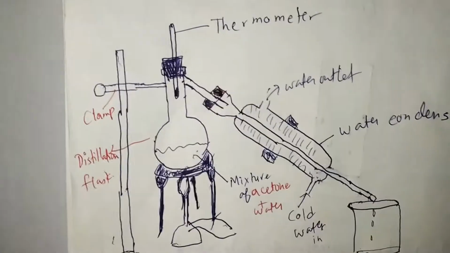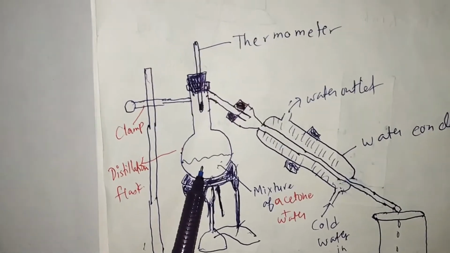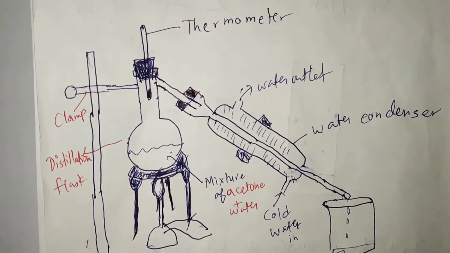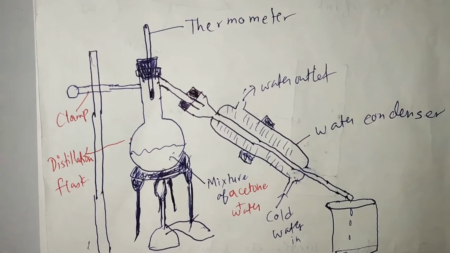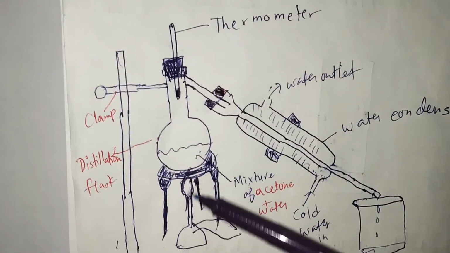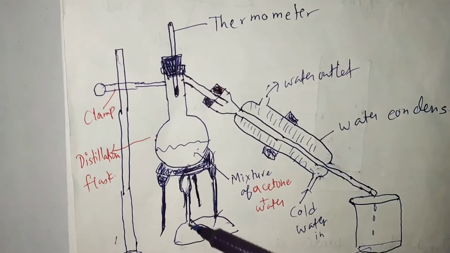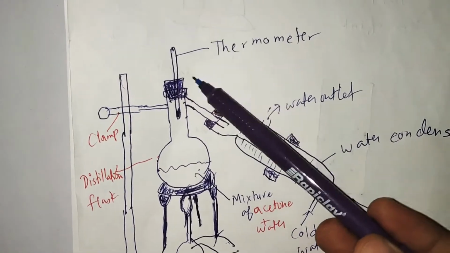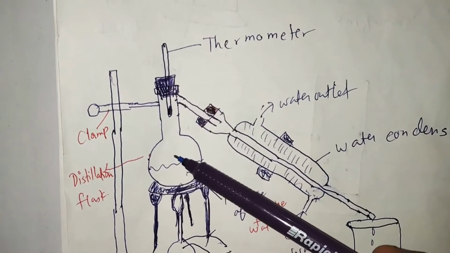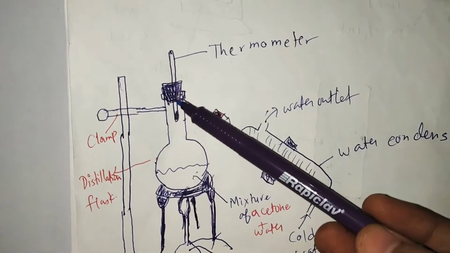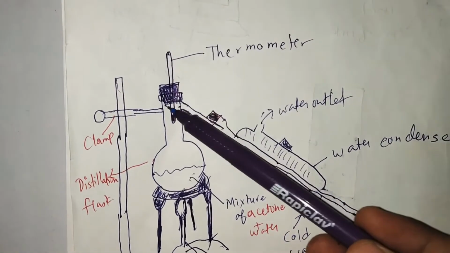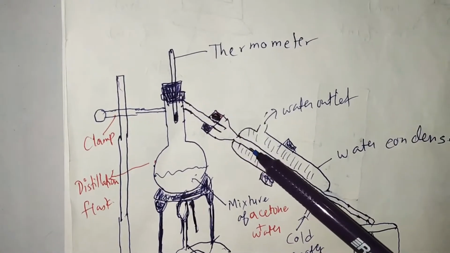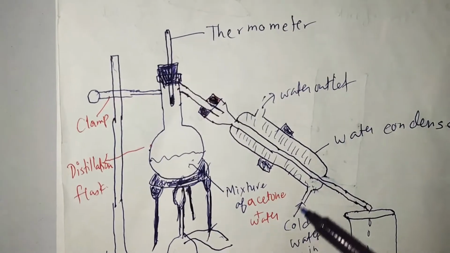For example, if acetone and water are mixed, the boiling point of acetone is 56 degrees centigrade and that of water is 100 degrees centigrade. So if you are heating the distillation flask with a Bunsen burner, what happens at 56 degrees centigrade? We can see the temperature by thermometer. At 56 degrees centigrade, the acetone vaporizes over here, and as there is no place to escape, only this is the way. So the vapors of acetone pass in this outlet, and here there is a water